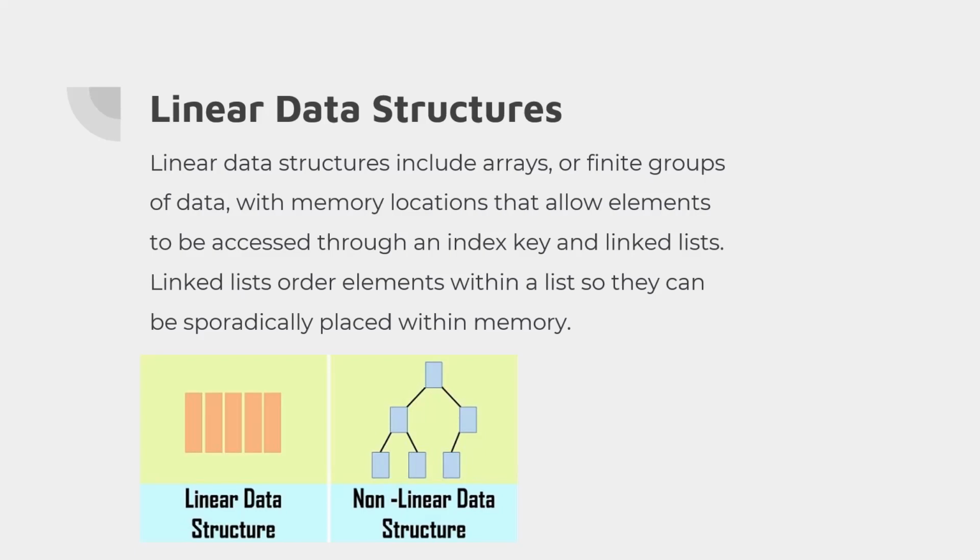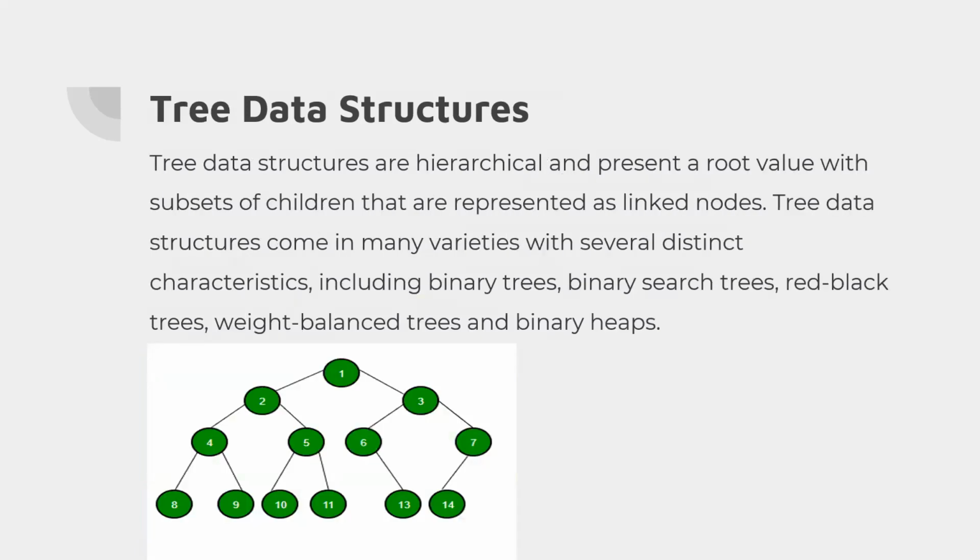Like I've said, when we begin to practice with our Power BI, we will see more of these data structures. Okay, so another type of data structure, like I've mentioned, the tree data structures, are hierarchical and present a root value with subsets of children. Now, let me ask a question. Who can give an example of a system that came and crashed? I don't want to call the name so that we don't get the answer easily. Okay, so using the tree data structure, can we remember that scheme?